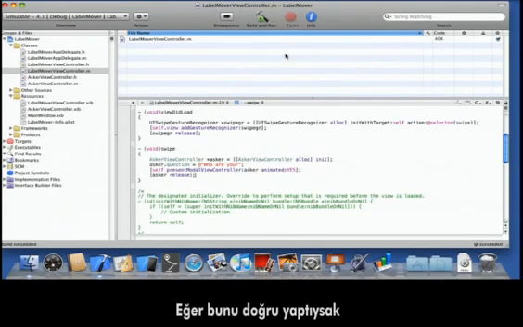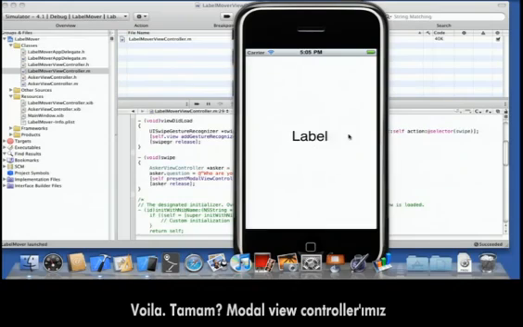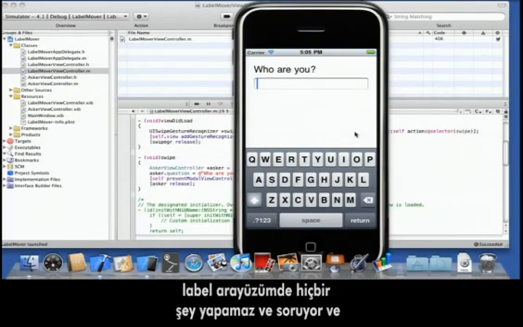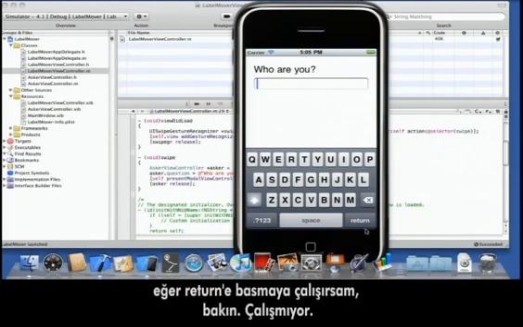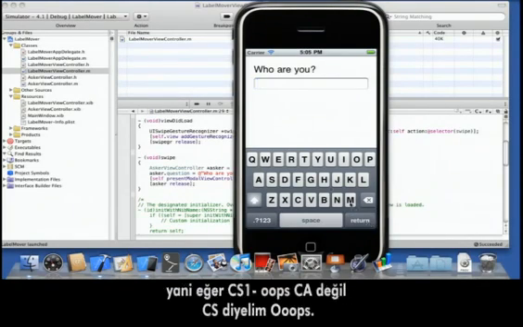All right, so if we've done this all right, hopefully this will work in terms of putting up when I swipe. Voila. Okay, we have this modal view controller. It comes up. It's blocking my UI. I can't do anything back in my label UI, and it's asking. And if I try to hit return here, see, it doesn't work because I had that should return, and I am only allowing it if I type something. So if I type, CS1,